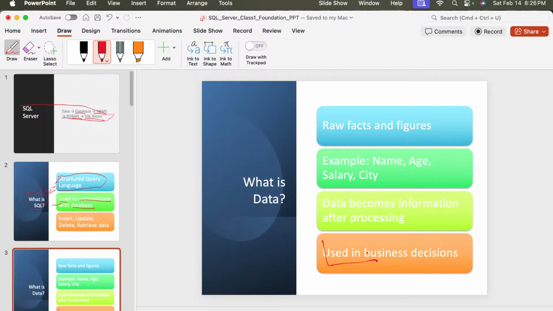So many people are wondering how much data is generated every minute. Do you guys have any idea how much data is generated in every minute? Anyone have any idea about that कि एक मिनट में कितना डेटा जनरेट हो रहा है? आप लोगों को कुछ आइडिया है इसके बारे में? How much data is generated in every minute? Anyone? Okay.